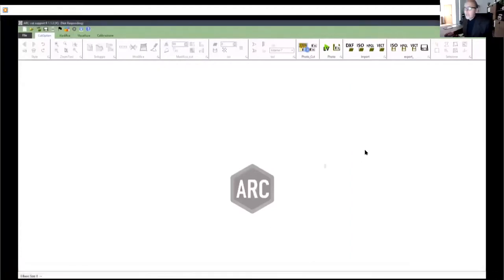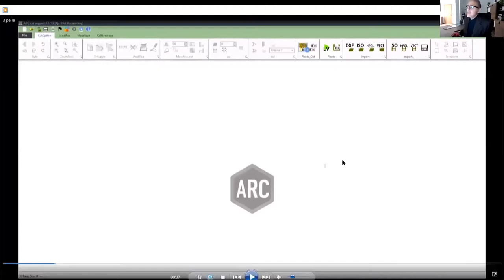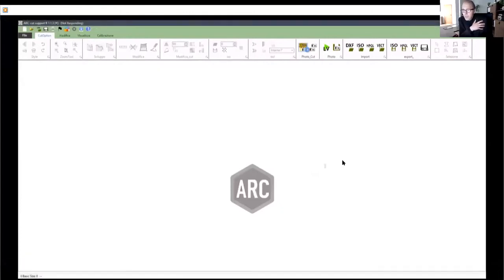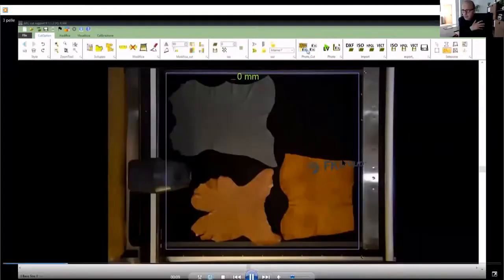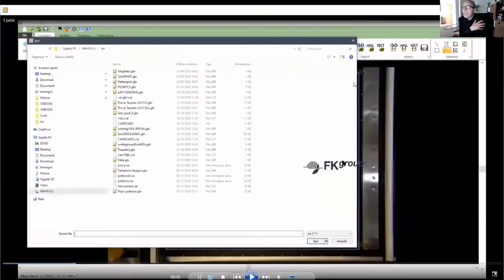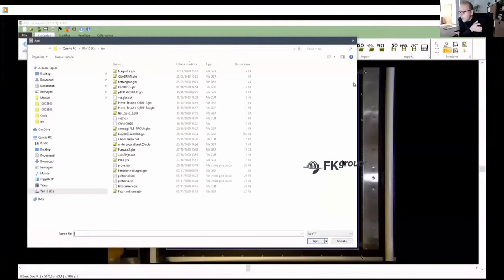This is the ARC. ARC is the software. It's a software, this is on board. We will provide this software on board of the machine. This is the solution for LETA. There are no difference, definitely, for us to cut LETA or panel.